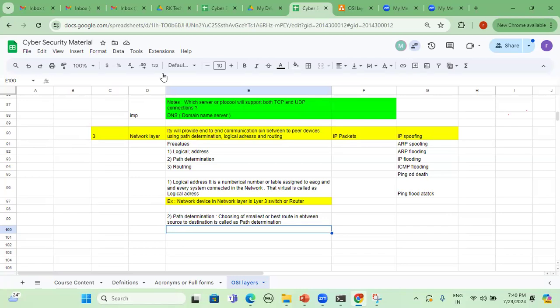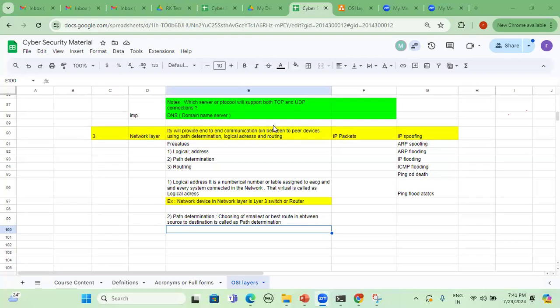Normally we can measure distance in kilometers or miles. 1 mile equals 1.6 kilometers. In Western countries they call it miles, but in most cases Asia Pacific countries call it kilometers.